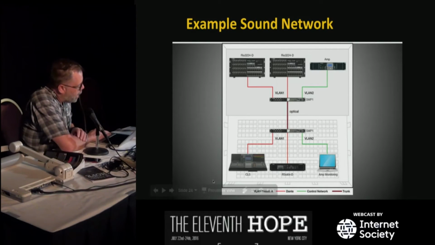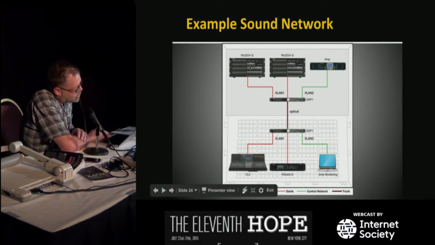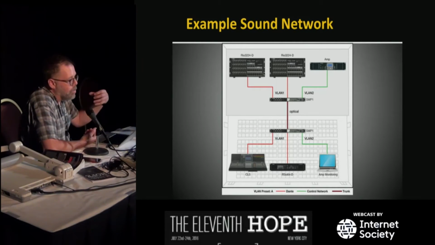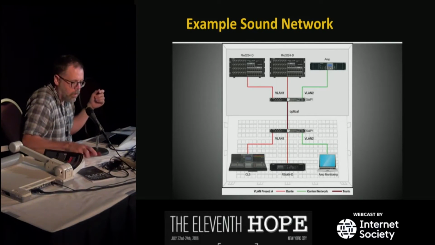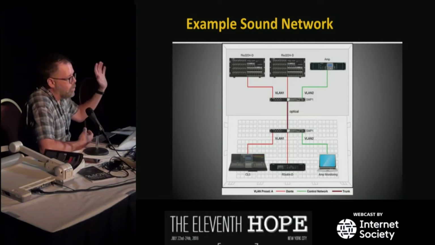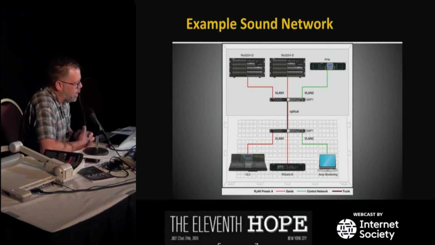So down here we have the sound console, and they actually have a VLAN set up. Instead of running a big heavy bunch of analog mic lines, you just run a network, and then you have what they call a Rio box, which is an input-output box, and they have a stage box here. The cool thing is that once you have your system converted from analog to digital, you can distribute it very easily. You can also copy it 12 times if you want, without any degradation.